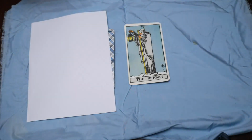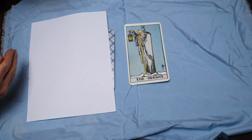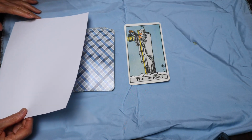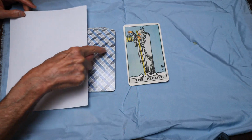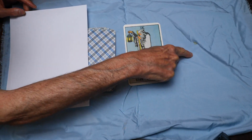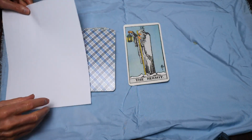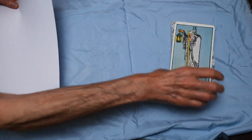Okay, this is now the tarot lesson number 41, and it's the Hermit's journey, but in reverse order from the last time. This is partly because Tala said, is there a significance between the Hermit looking this way or looking that way? That could be a long answer, but I'll make it short. So what I'd like to do is show you,